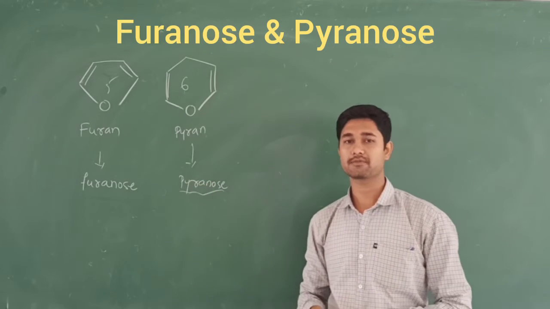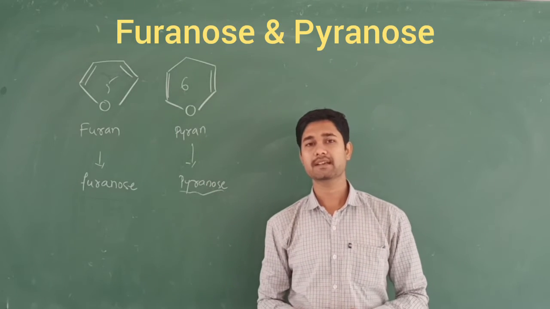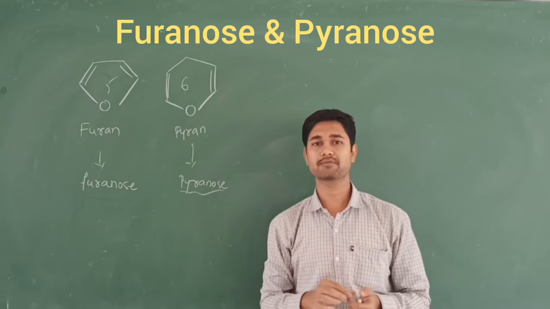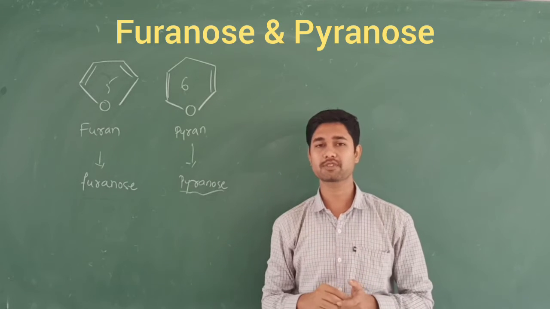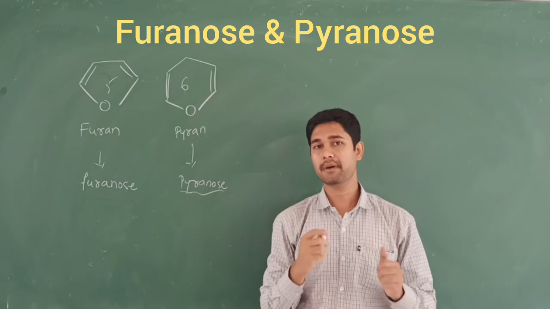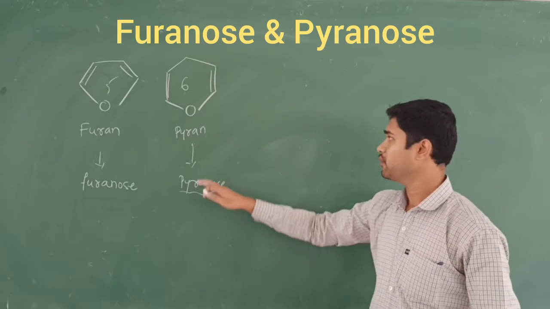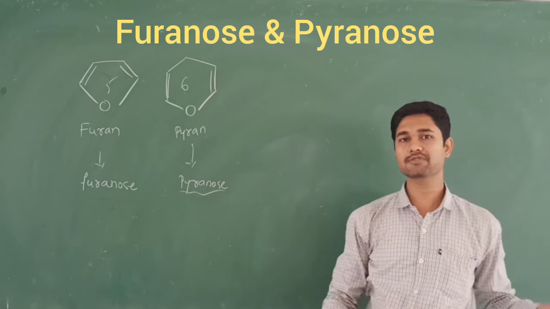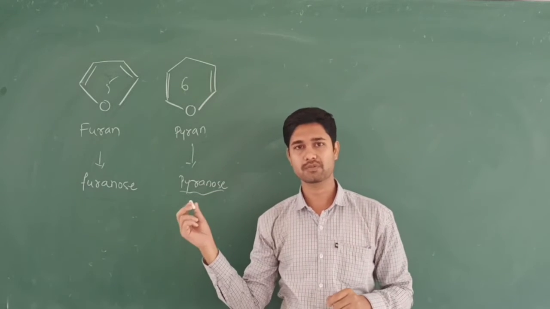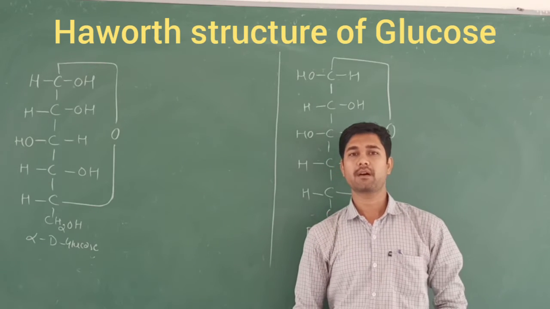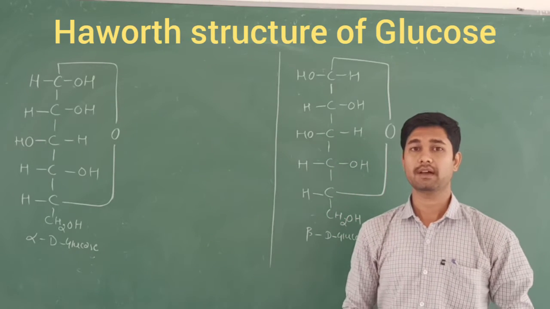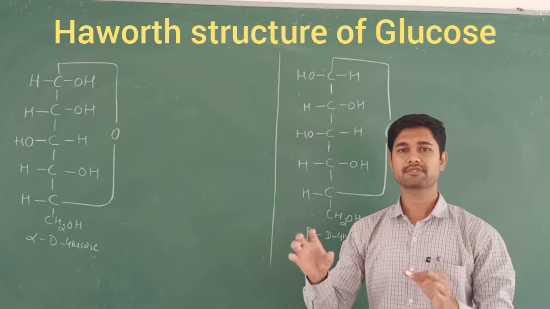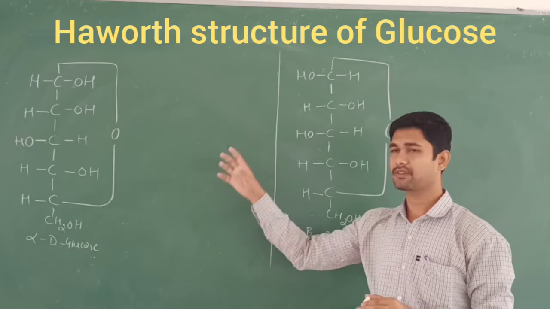We are going to use pyranose because in our D-glucose, the CHO is converted to CHOH, and when the OH group on the fifth position attacks the carbonyl function, we obtain the 6-membered ring of the hemiacetal. That's why we take pyranose into account and introduce it in the Haworth structure of glucose. Coming to the last part of the carbohydrates chapter, the Haworth structure of glucose means the conversion of the Fischer form of glucose into the cyclic form.